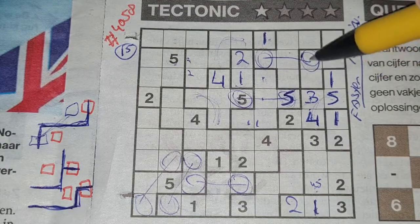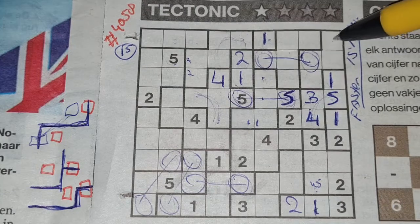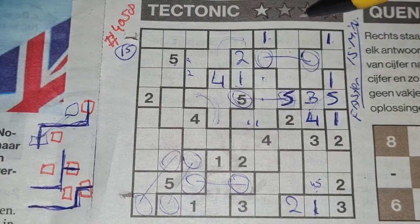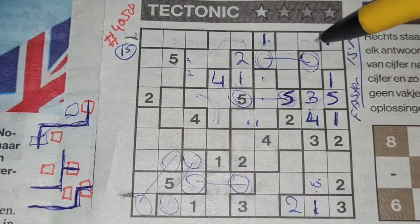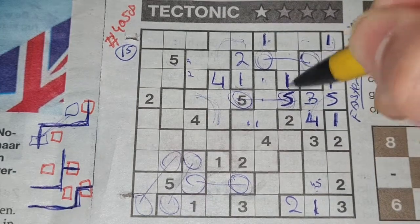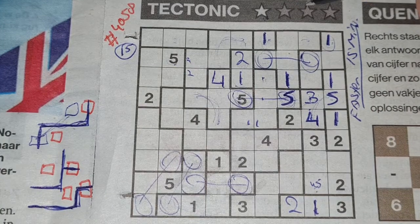These 3 boxes in this quarter box cannot be a 1. So 1 box left for the 1 should be there. These 3 boxes surround the 1. Cannot be a 1. That box cannot be 1. So 1 box left for the 1 should be there. Okay. And then